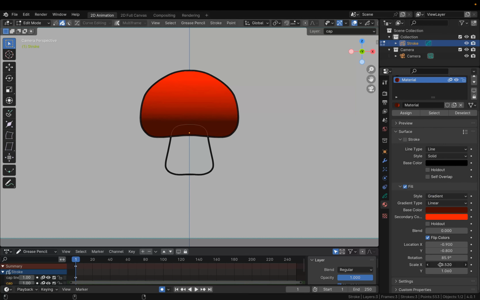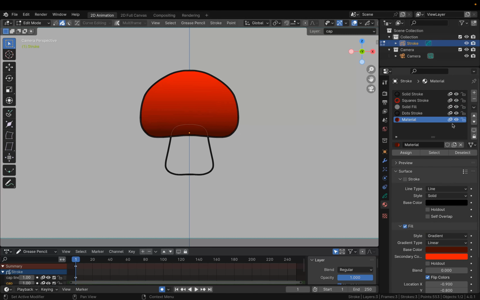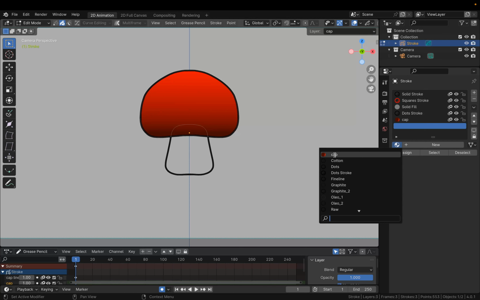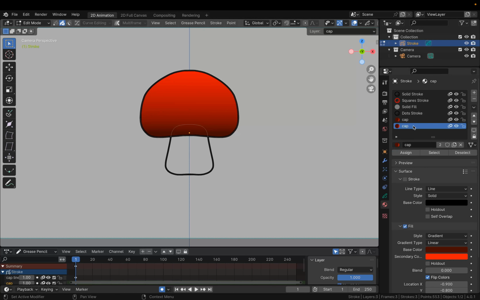You can play with scale. That's looking great. Let's now do the same thing for the stem. We're going to create another slot. Let's call this a cap. Let's make another material slot, and then here we can choose cap, but currently those two materials are linked, so